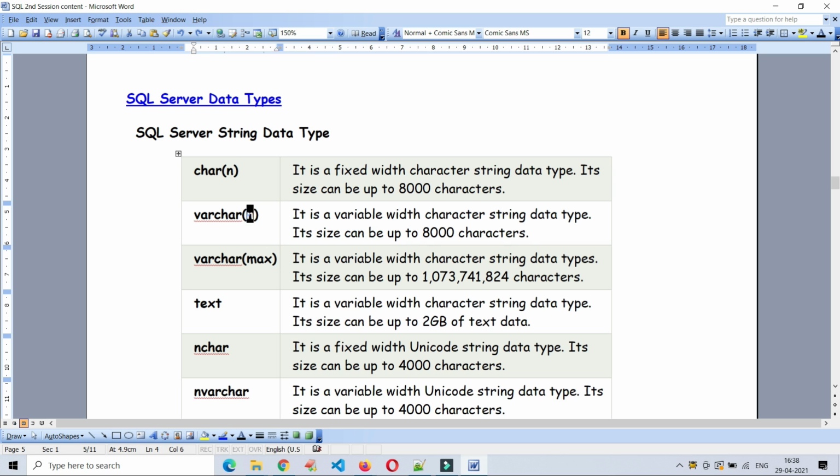The size is up to 8000 characters for both. With VARCHAR(max), we can mention max directly, so until this max we can use any number of characters. It is a variable width character string data type, and its size is very big. Here it is restricted to 8000 characters only, but there it is some crores.